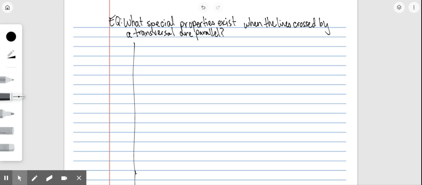Alright, you guys, so today we're talking about what special properties exist when the lines crossed by a transversal are parallel. So yesterday we talked about lines crossed by a transversal and how it creates alternate interior, alternate exterior, consecutive interior, and corresponding angles. So today we're talking about what happens if those two lines are parallel. So I'm going to start by doing a definition of what